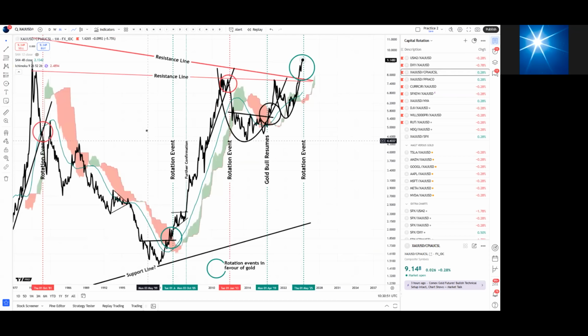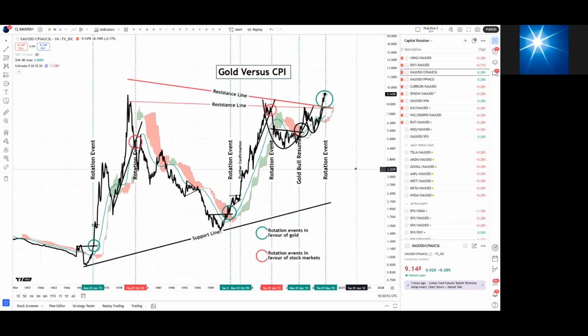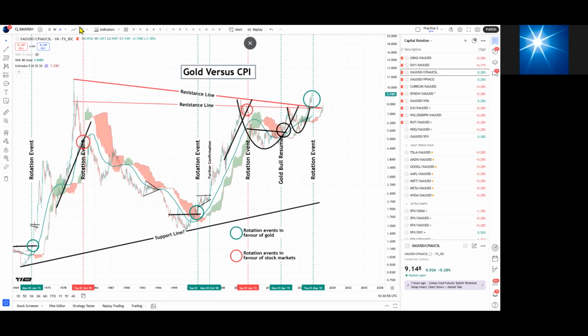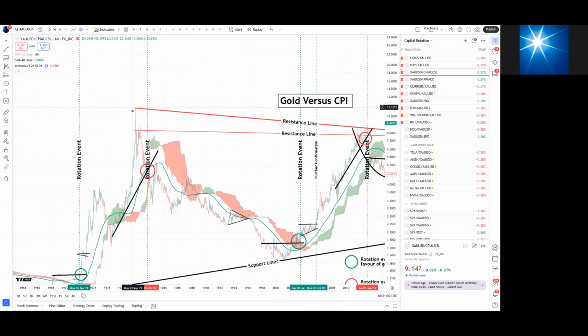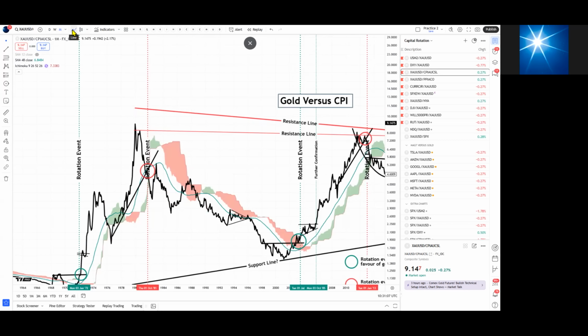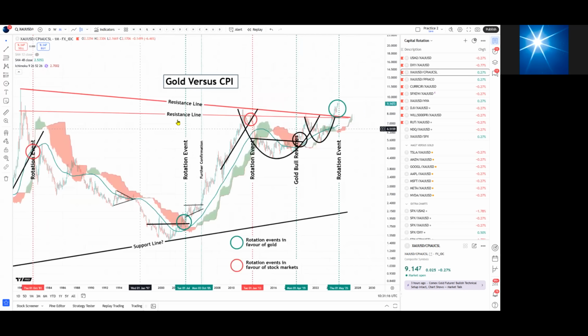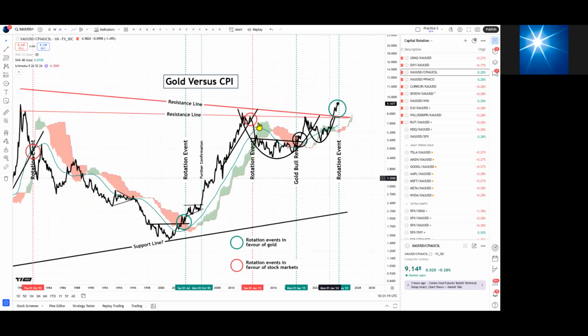Gold versus CPI. Well, gold has broken out versus CPI very decisively through the resistance line. And put the candle chart on if you like, and you can see the wicks on the candles. If we put it onto the line chart, it just draws the chart based on the monthly closing price. If you put the candle chart on, you get all of the price action that occurred during each month. But yes, we've broken out very decisively, and this chart is moving up, which means gold is outperforming CPI. That is suggestive of a capital rotation event.